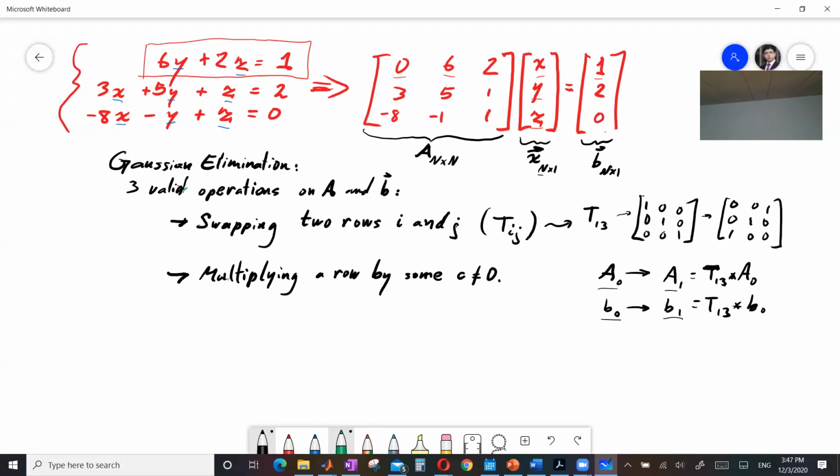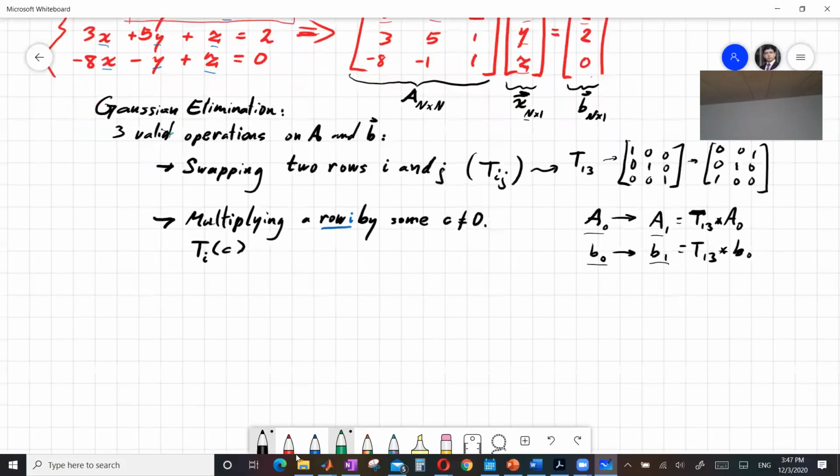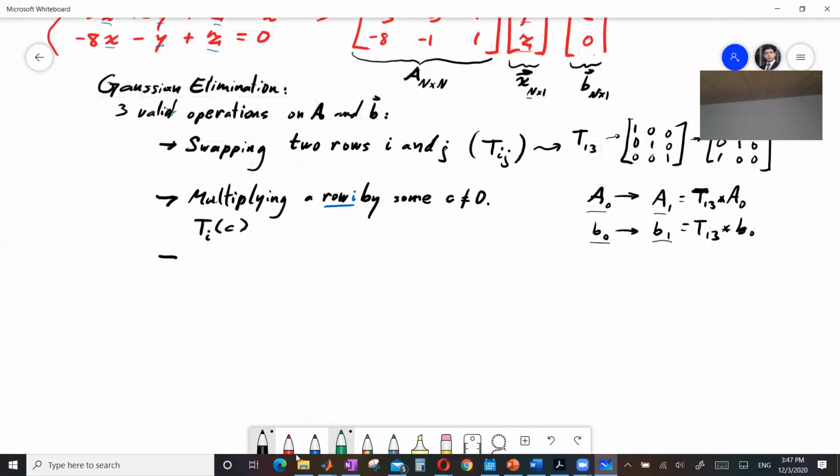All right. And in the notes, this is defined as Ti. So if i is the row that we're multiplying, row i, so Ti of c. And it works exactly like Tij. You pre-multiply the matrix or vector you want to transform by it. And the last valid operation is adding a multiple, by c that is not 0,